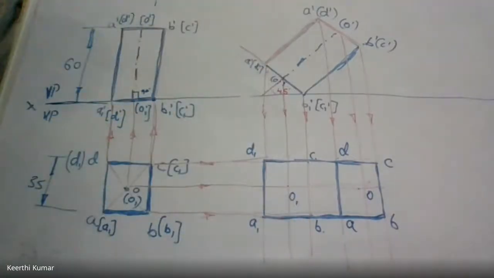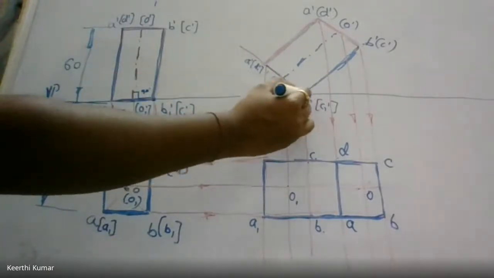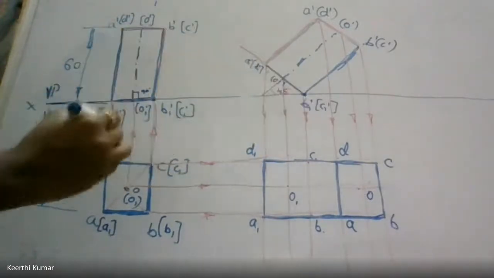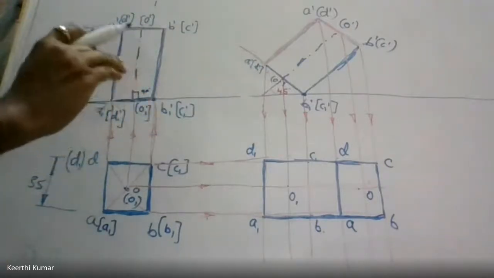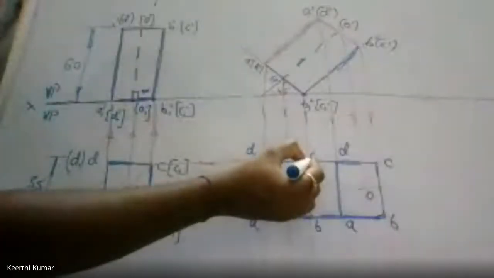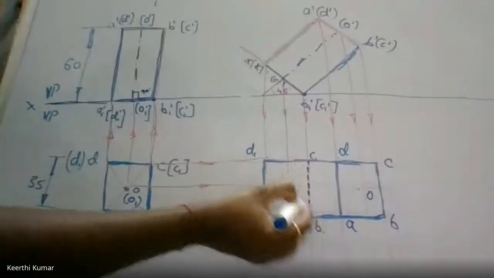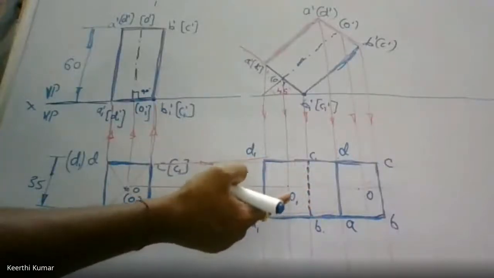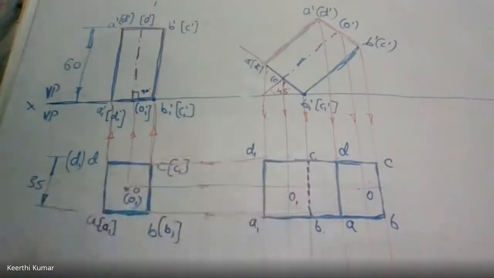Now what we want is the line connecting B1, C1. Where is B1, C1 in the figure? B1, C1 is here. This is B1 dash, C1 dash, this point. Can you see the point from the top? No, I cannot see. So whenever the line is there, but I cannot see, you should draw with hidden lines. Understand? You observe the difference between the visible line and hidden line. The thickness of the hidden line is same as visible line, that is 0.5.